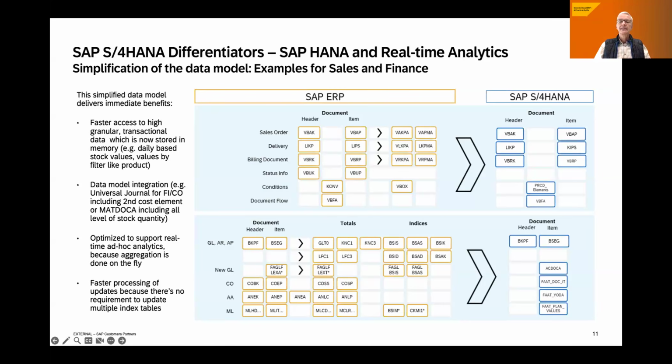But what we are seeing with a look at the database are 2 major effects. One is the database sizes are going down drastically in most cases. We've seen, let's say, in some industries who are notorious for really large databases like retail or utilities, database sizes before conversion of roughly 70 terabytes going down to less than 30, just to give you one example. And this is still huge, right? 30 terabytes, this still needs quite some knowledge, and is probably another reason for thinking about, do I really want to run this infrastructure myself? Or would I want to make use of an experienced provider for that?